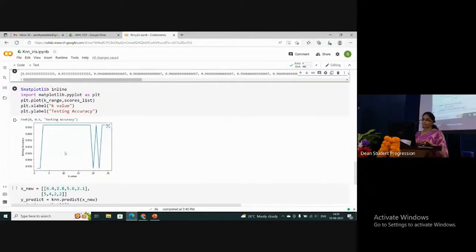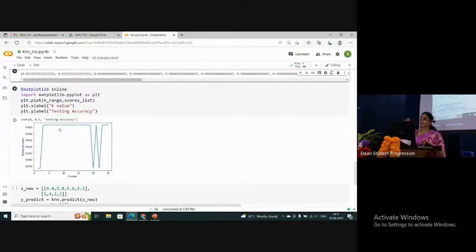I plotted it using matplotlib, and I can see that when my k value is somewhere near 3, the accuracy is 96.5, and this 96.5 accuracy continued until 20. Until your k value is 20, it was 96 or almost nearly 97. It stayed at 97 till then, and later it came down, and again it picked up to 97. So I can say with k equal to 3, I have the maximum accuracy of 97,